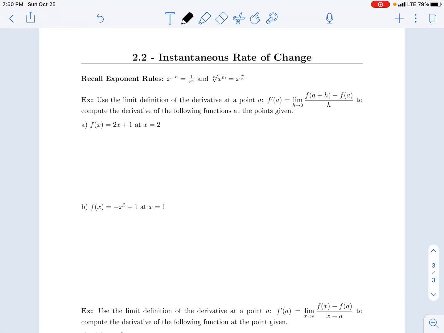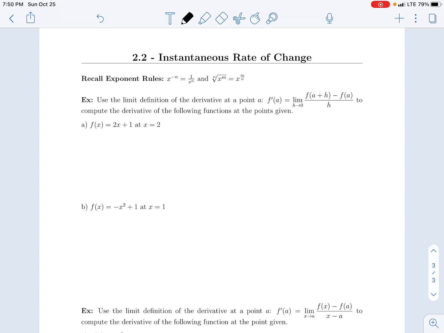Okay, so now we're going to actually apply the limit definition of the derivative at a point to an actual function. All right, so here in part A, I'm given that the function is equal to 2x plus 1. And so I want to know what the derivative is at x equals 2. Okay, so what's the derivative at x equals 2, or in other words, what's the instantaneous rate of change at